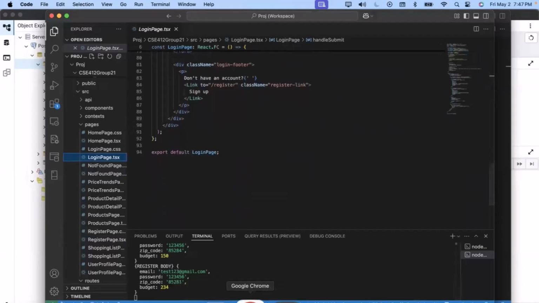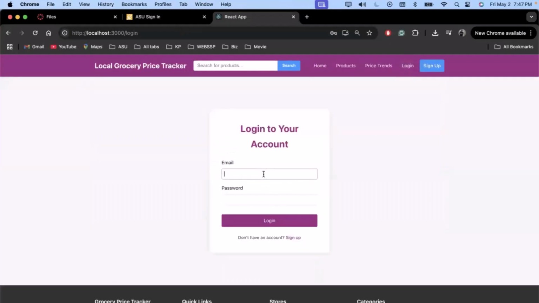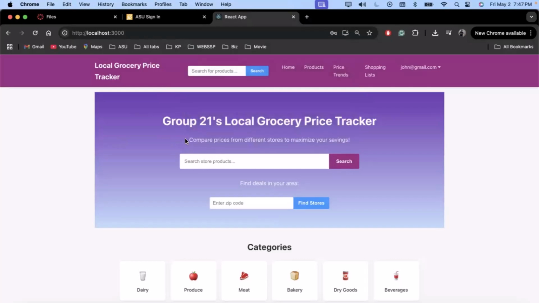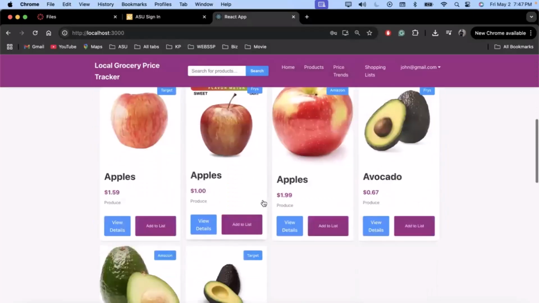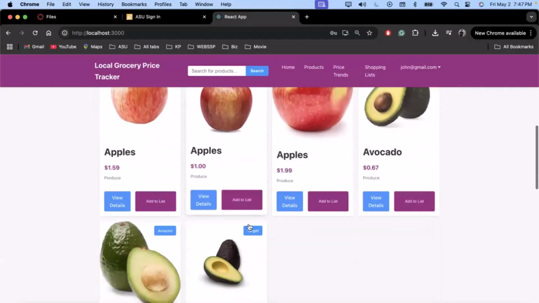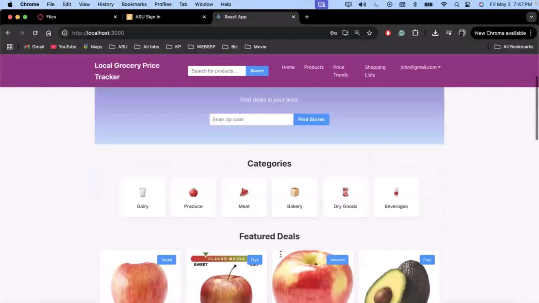And now I'll show you on the app itself how the login function works. So I will log in with one of the test emails that are already in the database. And there you go. The homepage of the products, it basically logs in and unlocks a few features